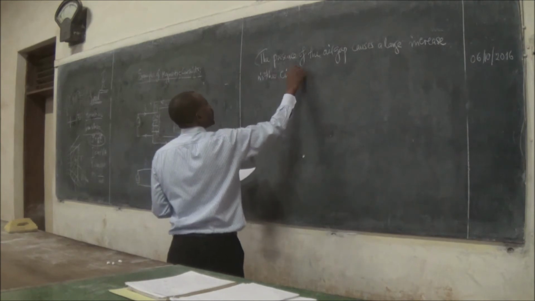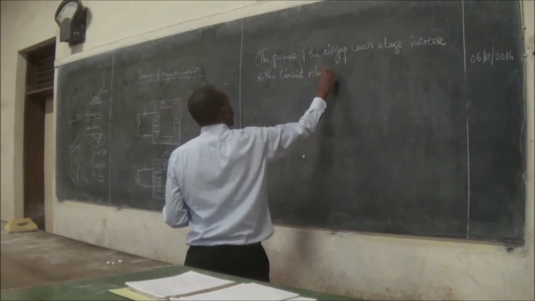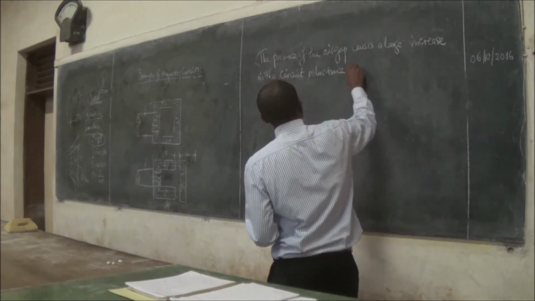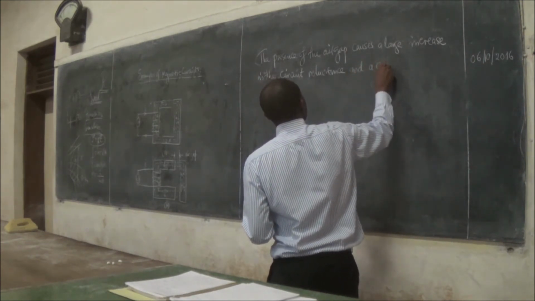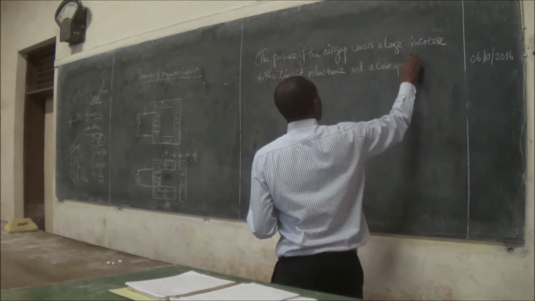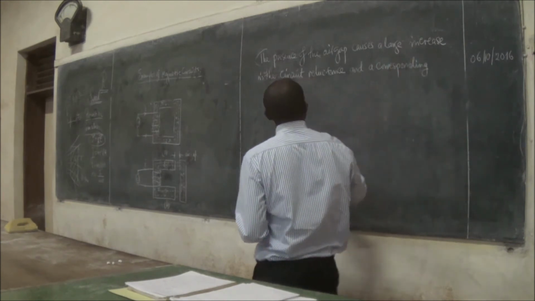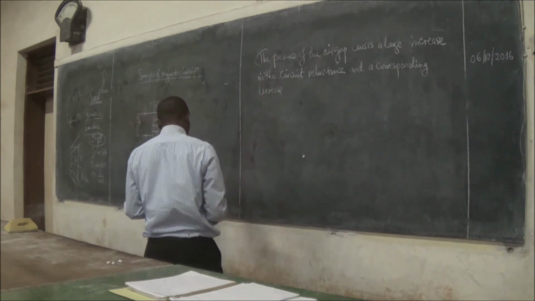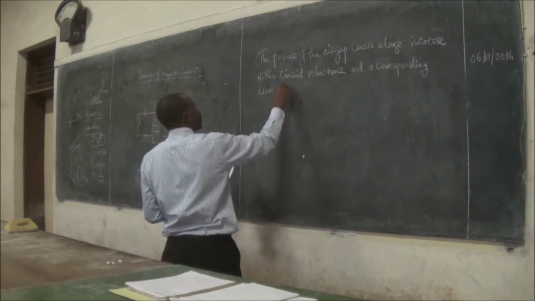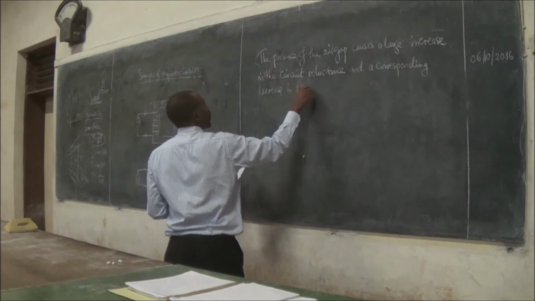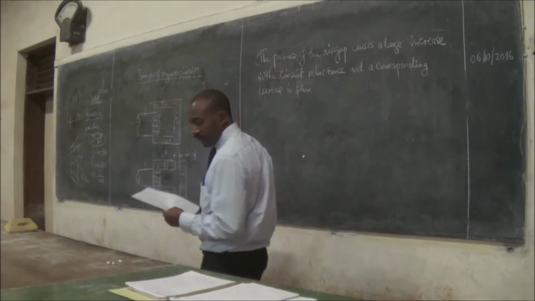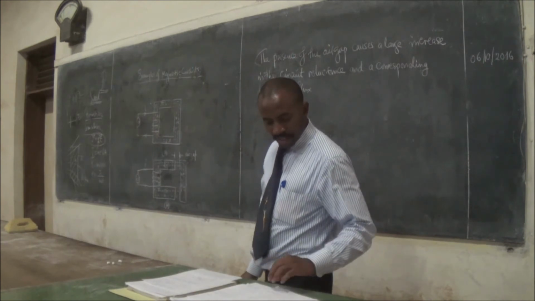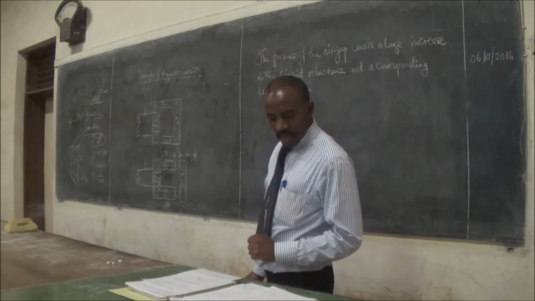The circuit reluctance increases, and there is a corresponding decrease in the flux, because we said not long ago that the flux is the same as Ni